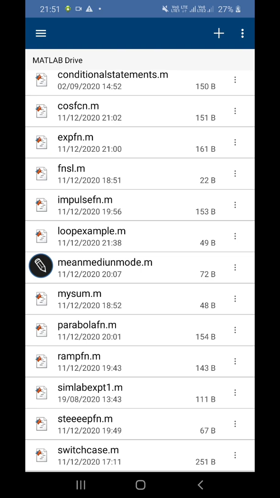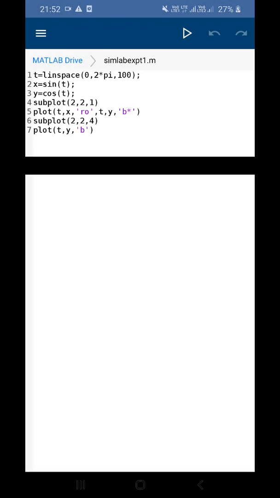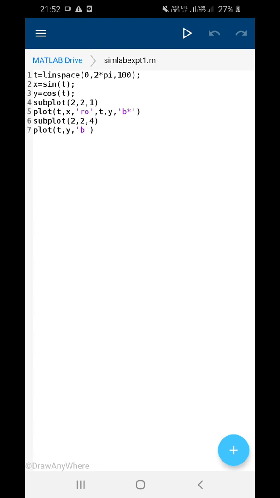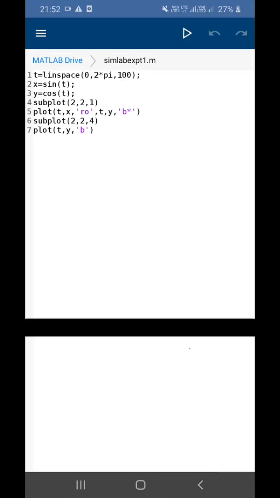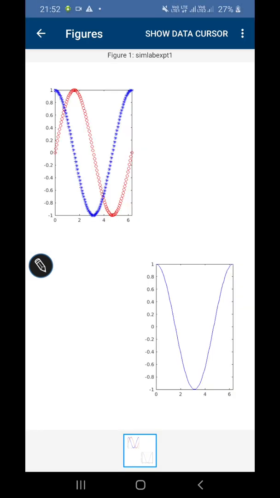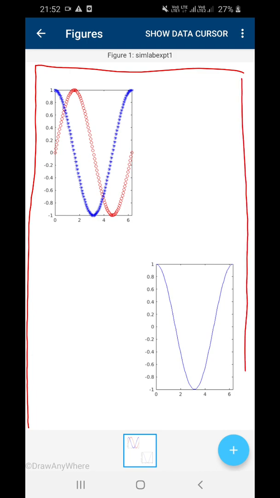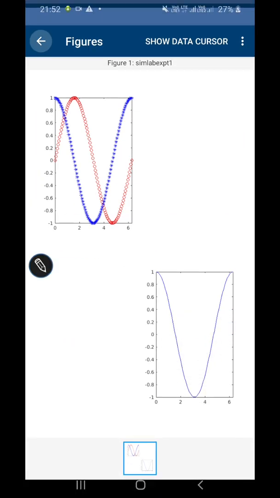Just let me show you one example and then I will stop. Okay, so here let me run it first. Yeah, here you can see that in the same window I have created two graphs. Means by using some program commands or some different commands you can get more than one graph in the single window. Let us see how you can do it.